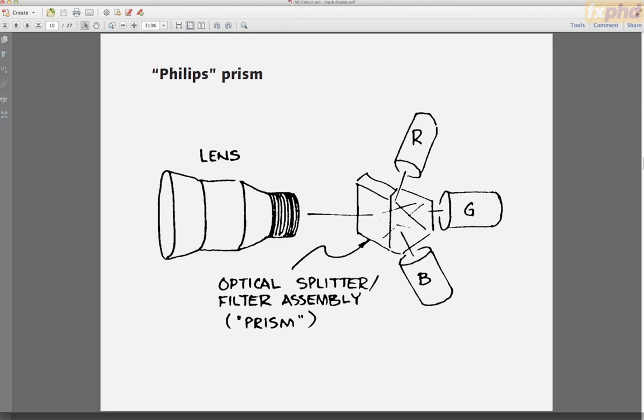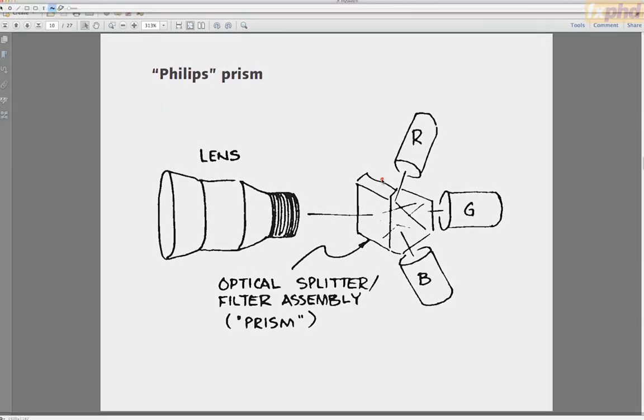And also the prism is used to reflect light into the different sensors. I've shown them as if they're tubes here, which they obviously were in the old days, but today they would be CCD chips actually cemented right onto the surface of that glass prism. And it's a tricky alignment thing because you've got to have those CCD chips or CMOS chips cemented really accurately in register with each other. So that's a way a 3-chip camera is used today.